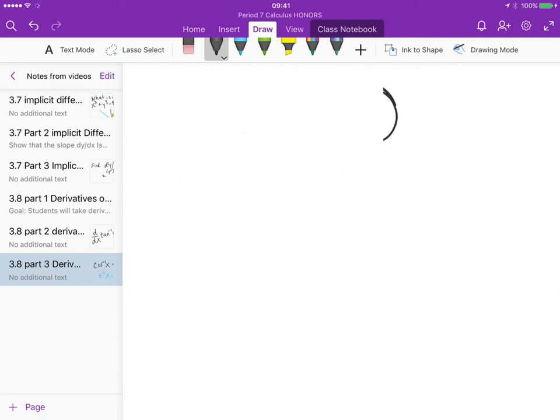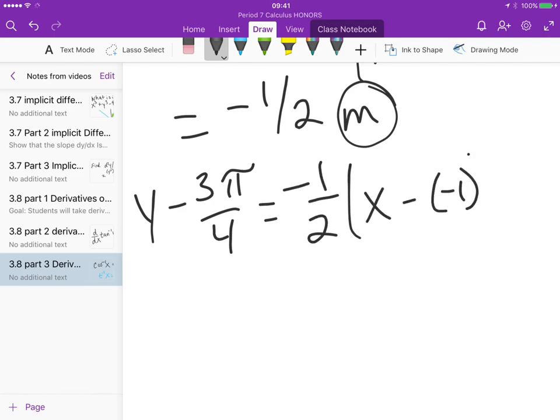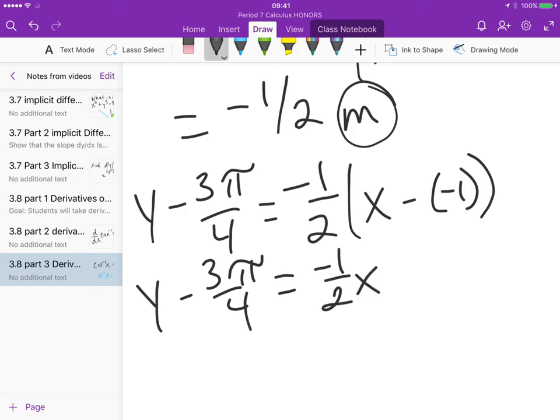And then we just wrap some things up by using our point-slope formula. y minus our y value, which is 3pi/4, equals our slope times x minus that -1. Just simplifying things out a little bit, we get y minus 3pi/4 equals -1/2 times (x plus 1). This becomes a positive, so this becomes a negative when you multiply it across. And then adding over, we'll finish up with y equals -1/2 x